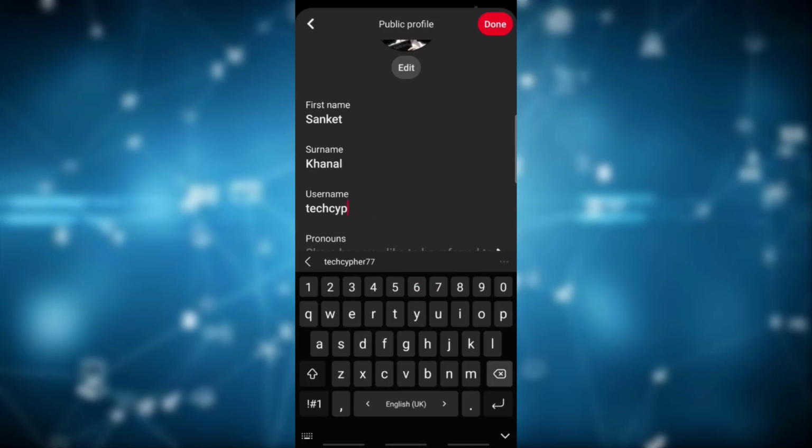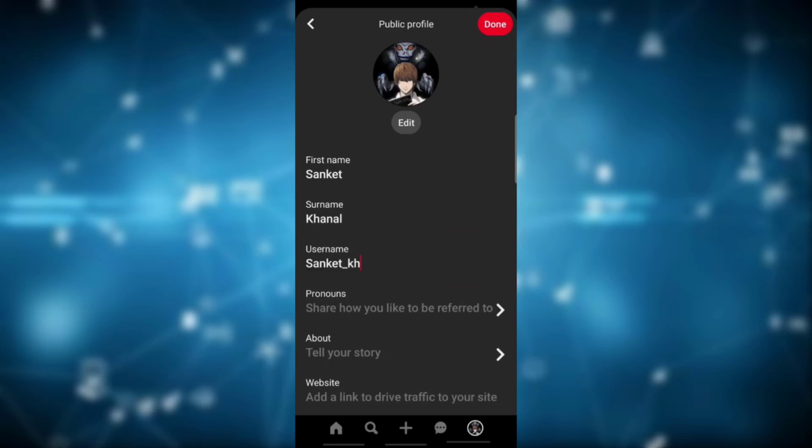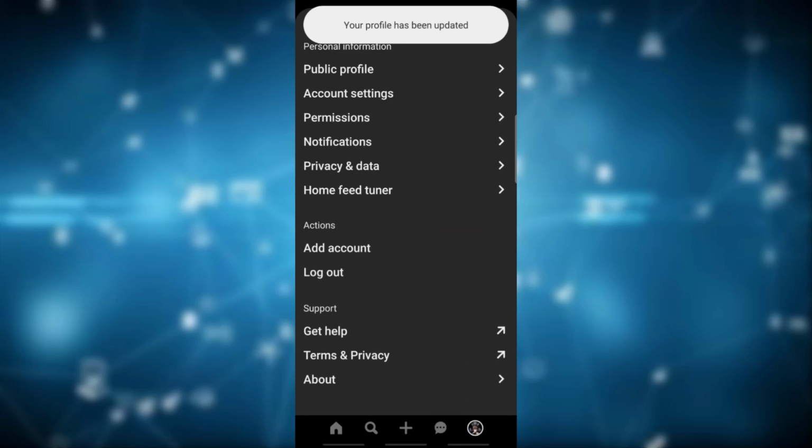Simply clear your recent username and choose the username which you want to keep, and click on done, which is at the very top right, to change your username. So that's it. That's how you can change your username on